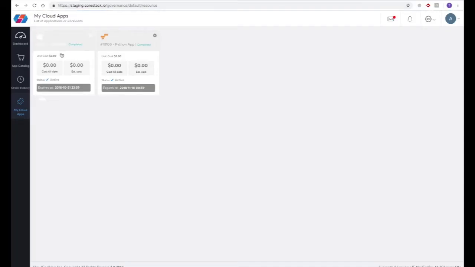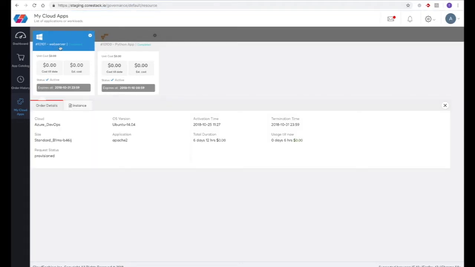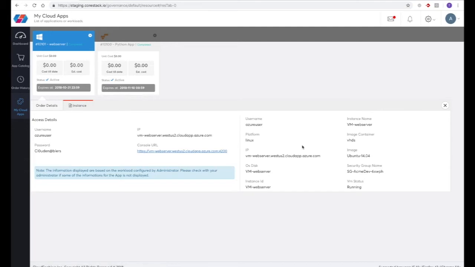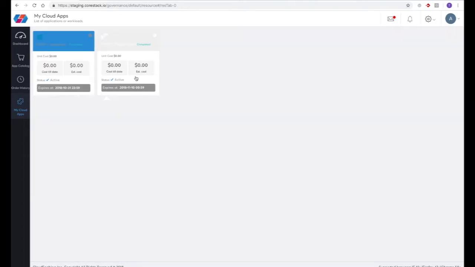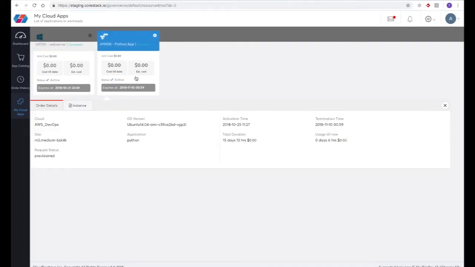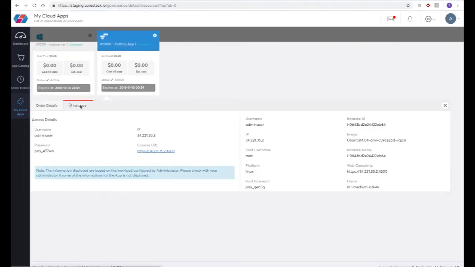So I can see here that I have an Apache web server running on Ubuntu 14.04 and running in Azure. I can look at the instance details, as well as I have direct console access into the environment. Same thing for this Python application workload. I could see here that I have all the details. I could see it's up and running. If I wanted to log into that environment,